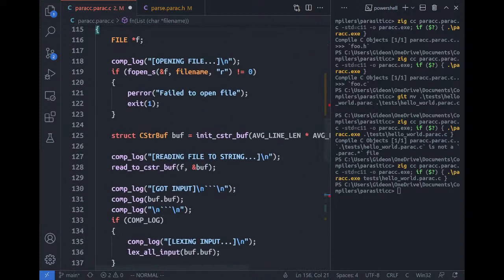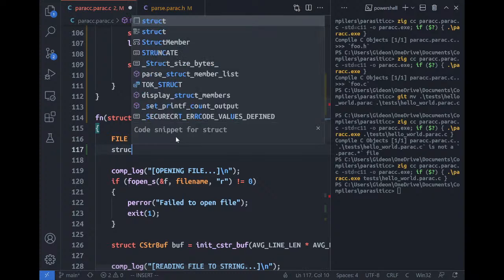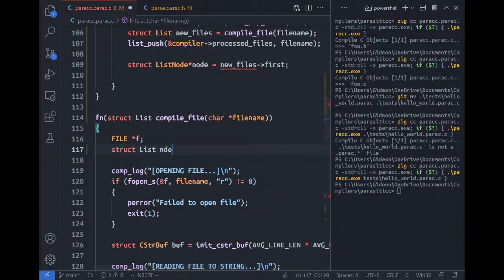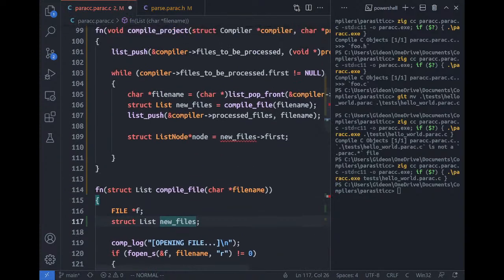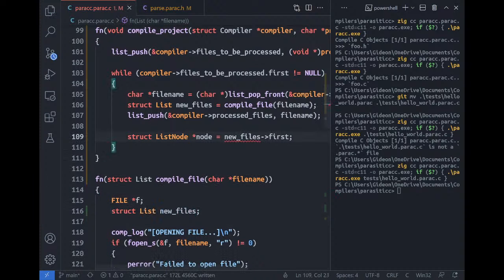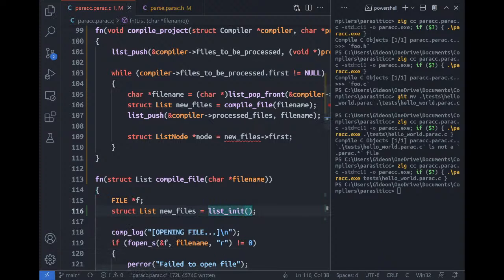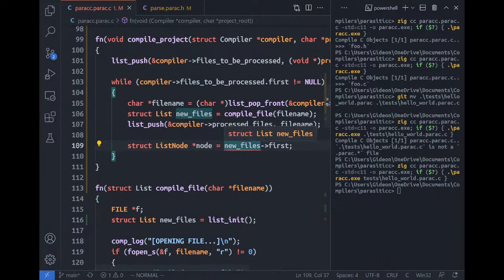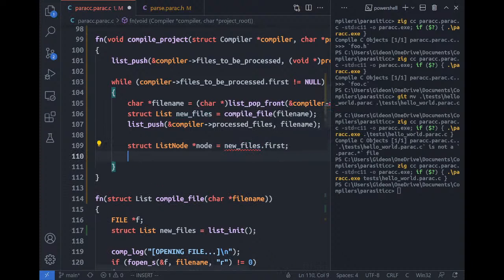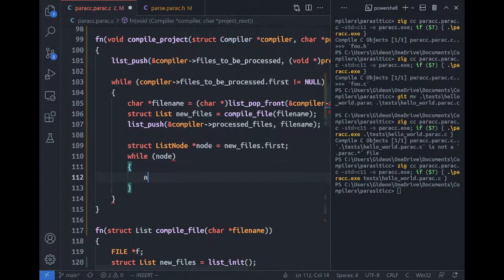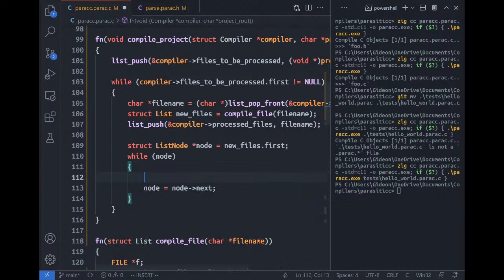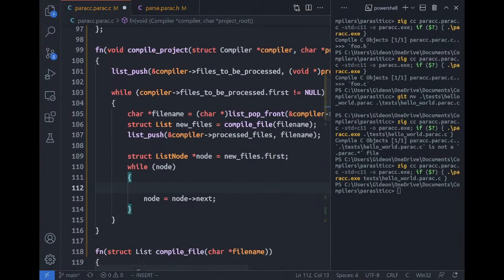I'm not sure what to call this, but struct list new files equals list init. This is just dot, and then we do a while loop over the node. While the node is not null, node equals node arrow next at the bottom of the loop, and we say